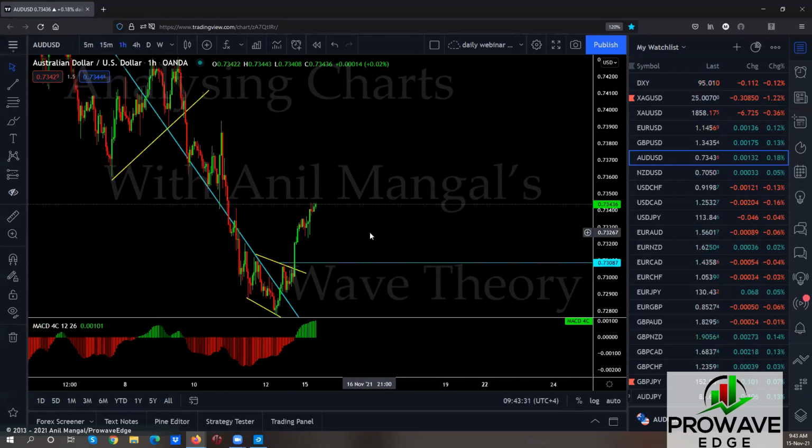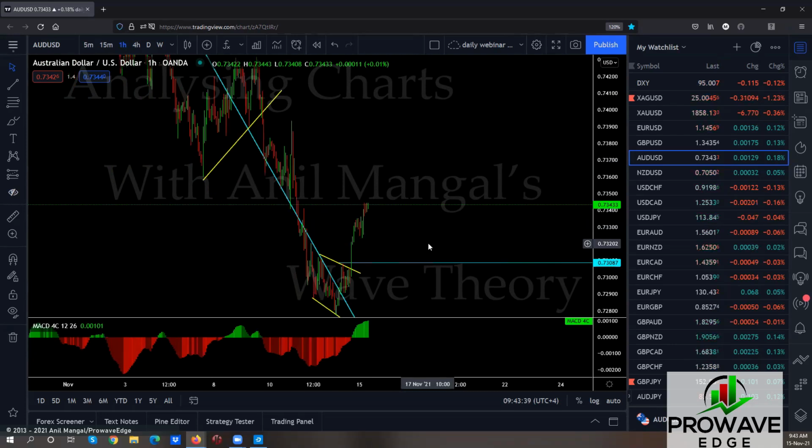I hope my traders took it. If you took it, you close it, you have another buy setup. If this one doesn't go, wait for a bigger correction, then buy. So right now in Aussie, we're looking for buy setups, unless structurally this changes. Right now, it's going great for the buy. I don't see any structural change in this yet.